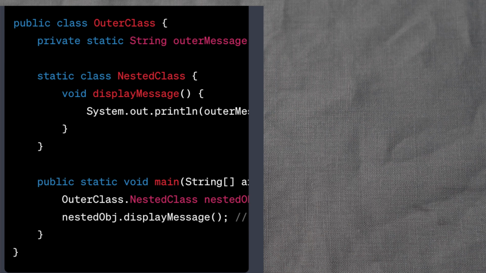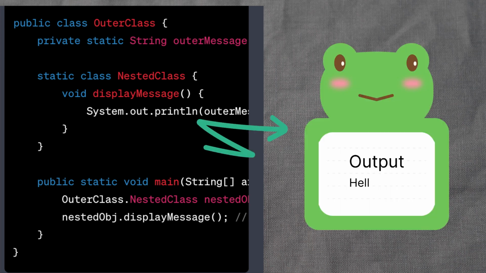The nested class has a method displayMessage that accesses the static variable outerMessage of the outer class and displays it. In the main method, we create an instance of the nested class and invoke the displayMessage method. The output will be